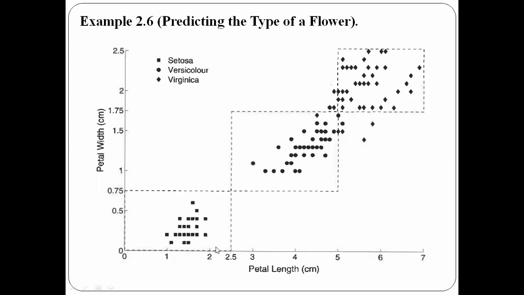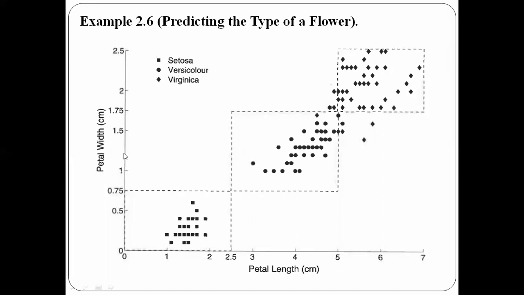Now if you look at this diagram, we can clearly say what the species of the flower is. Setosa comes under this range, then versicolor comes here, and then virginica comes here. So how have we grouped these species? If the petal length and the petal width are low, this range corresponds to low for both attributes. 0 to 0.75 is petal width, which is low, and 0 to 2.5 is also low. So if the petal length and the petal width are low, then I can classify or predict the species of the flower as setosa.